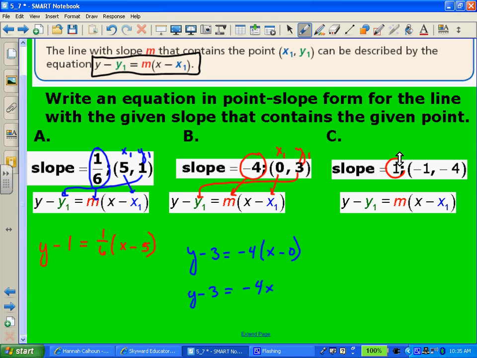Okay, one more example here. We have my slope. So I'm going to plug that in. We have x1. So that's going to go here. And we have y1. So that's going to go over here. So when I do that, I get y minus -4 equals 1 times x minus -1. So with the minus and negative, let's change those to pluses. So I'd get y plus 4 equals 1 times x